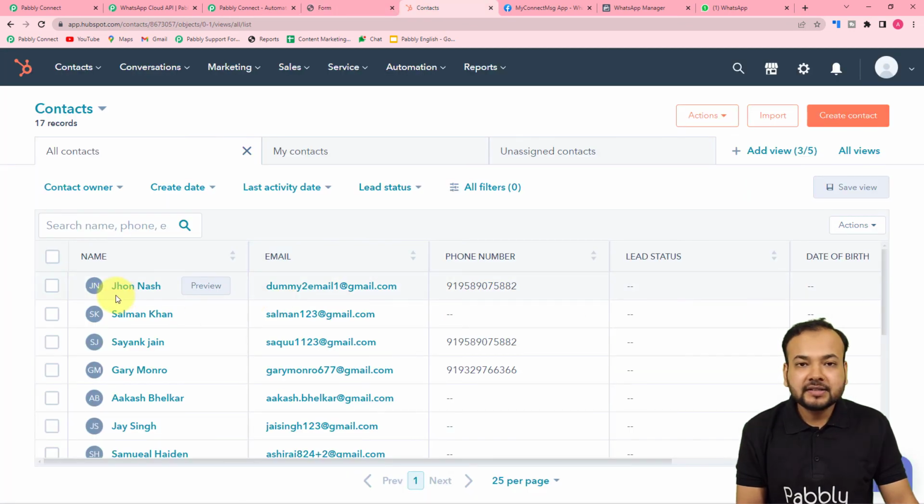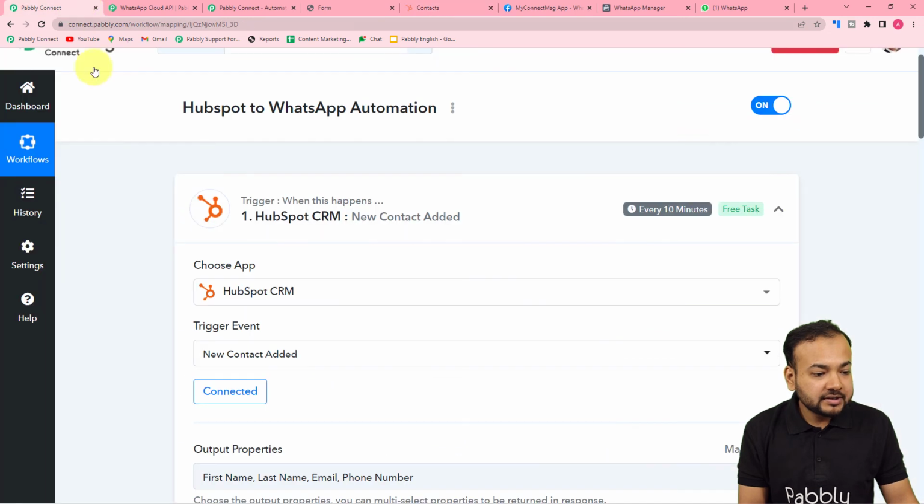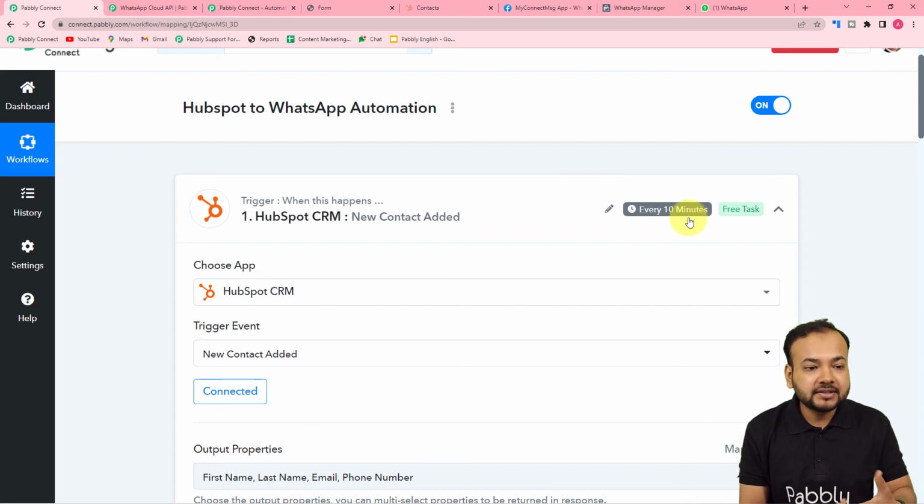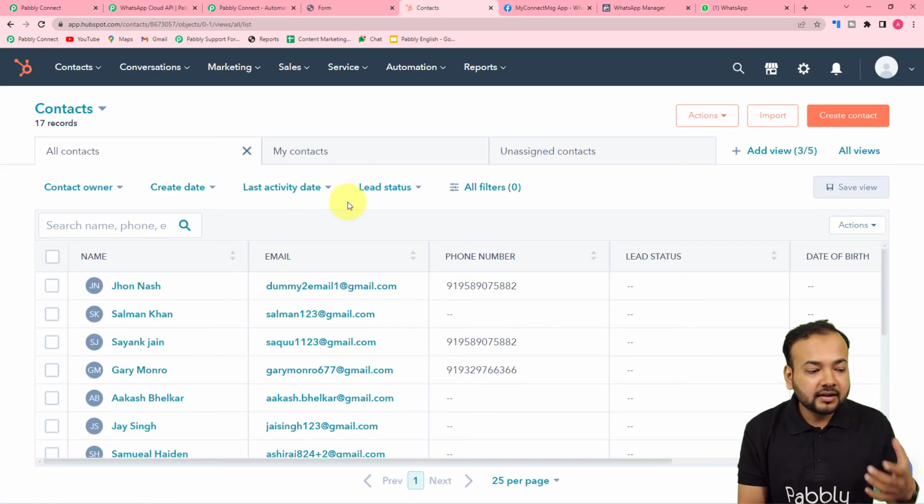So guys, here you can see John Nash is added here in the contact section on HubSpot, and we are going to wait for a few minutes because here you can see we have this trigger which is based on every 10 minutes. So it is going to check in every 10 minutes the data that you are adding here in HubSpot, and if there is a new contact, a WhatsApp message will be delivered. So I have used the same WhatsApp number to show you the message. So we are going to wait for a few minutes and we will see if we got a new message